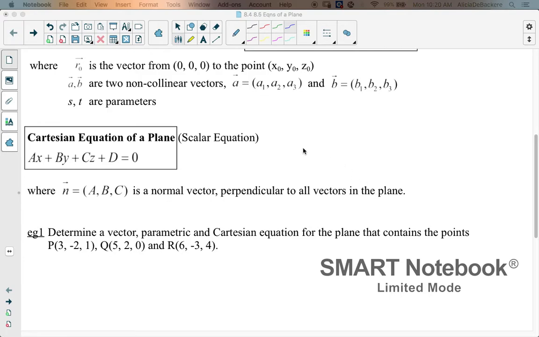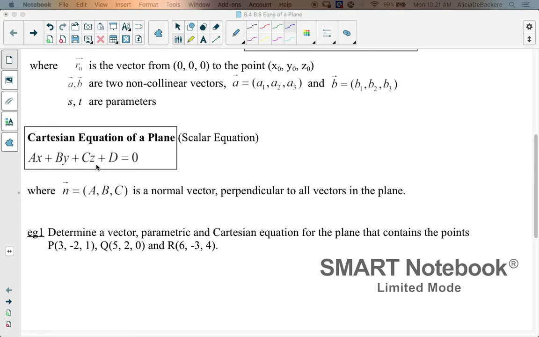The third way that we can define the equation of a plane is the Cartesian equation of a plane. So you'll notice that symmetric is the one that's missing here. We don't have a symmetric equation of a plane. The Cartesian equation of the plane is also sometimes called the scalar equation of the plane, and it looks, again, very similar to the Cartesian equation of a line. It's just that now we also have this CZ